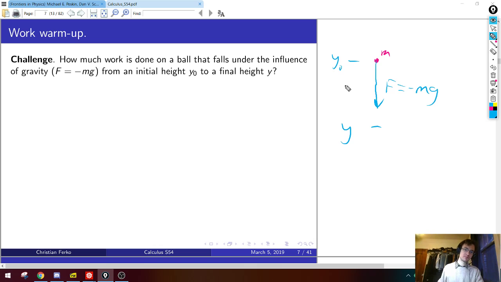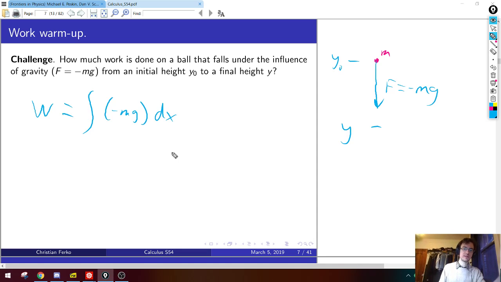So I believe we are integrating negative mg with respect to m. Let me see, you say integrate with respect to the mass? What does that mean? Okay, I was not aware if that was mass for meters. No, m for mass. Mass times acceleration due to gravity. Let's say dx. Yeah, sure. I mean, you could just call this the x-axis, even though we're labeling the y's. But because we already have a final height y, you don't want to conflate variables, dy and have the y here. Okay, good. Yeah, that's the work.